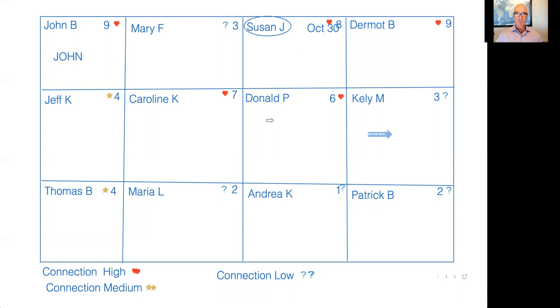Now, coaches, all you have to do is keep doing this until you have all of your spaces filled. Now, sometimes Donald will say, "No, I'm not interested at all." And I will usually then just either erase it or I'll put a line through Donald and I'll say, "Not yet. I'll keep you in the loop, Donald, for the next one." And then I'll put another person's name in here. Maybe it's Catherine. And I'll start again. And I'll say, "Okay, where am I with my connection with Catherine? Oh, it's pretty good. I know her very well. It's a 7."